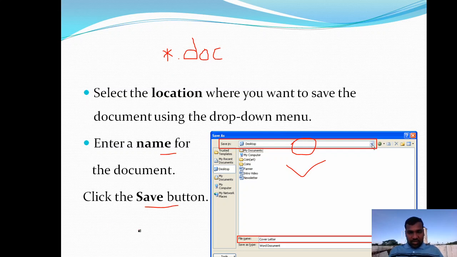You can use these quick access tools in the left panel. If you want to save in documents, click on My Documents, give the file name and press the save button. If you want to save on the desktop, click on Desktop, give the file name and save. If you want to save somewhere else in a drive, go to My Computer, select the appropriate drive and the appropriate folder, and click on the save button.